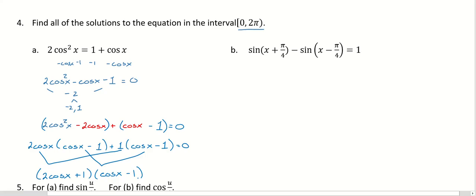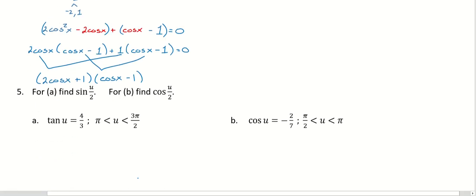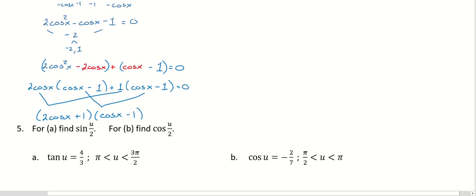Now, I think you had hopefully a little bit more space than I do because I'm writing fairly large on this thing, but it's still all equal to 0. Now, this is unit circle stuff. I'm going to work just right here to save a little space, and I'll put my answers here. I'm thinking this out. If I have the 2 cosine of x plus 1 equals 0, and I'm going to do some scratch work that I will erase, just so you know. So I'll do the scratch work here, but I'm going to erase it so I can see it on the next problem. If we have one factor equals 0, I will subtract 1 and divide by 2,